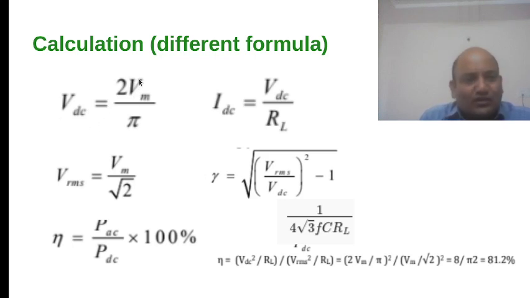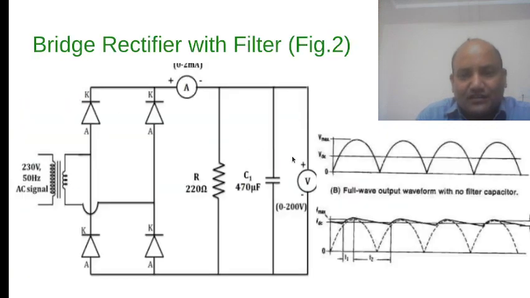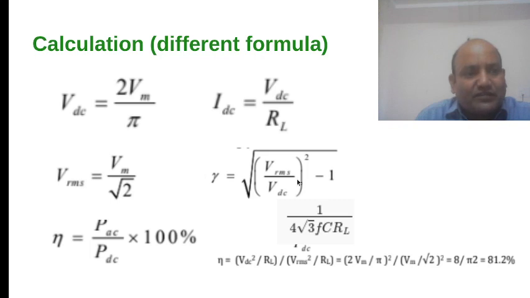Vm is 12 volt, pi is 3.14, multiplied by 2. Then you calculate the VDC and you can compare the VDC obtained by this equation with the VDC measured by your ammeter and voltmeter connected here. The difference, you definitely find a difference,